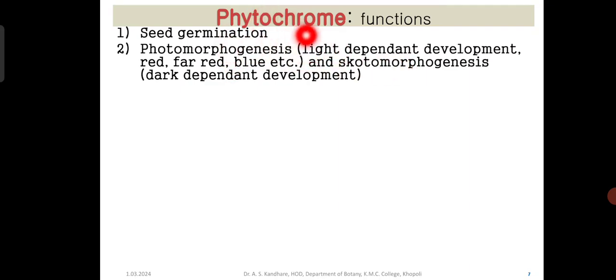So all these are related to फाइटोक्रोम। तो ये दोनों का भी संबंध फाइटोक्रोम से है, फोटोमॉर्फोजेनेसिस एंड स्कोटोमॉर्फोजेनेसिस। बोथ थिंग्स आर रिलेटेड टू फाइटोक्रोम।